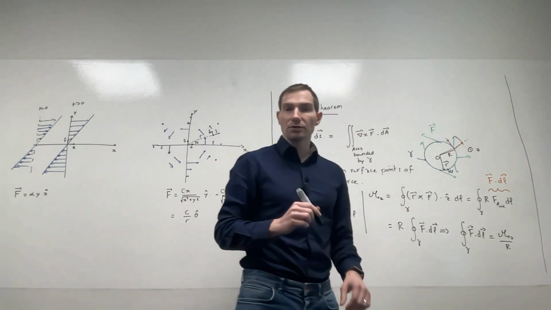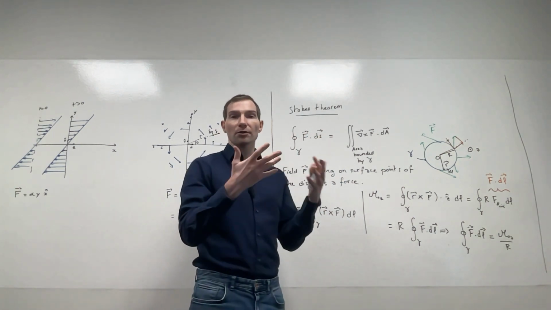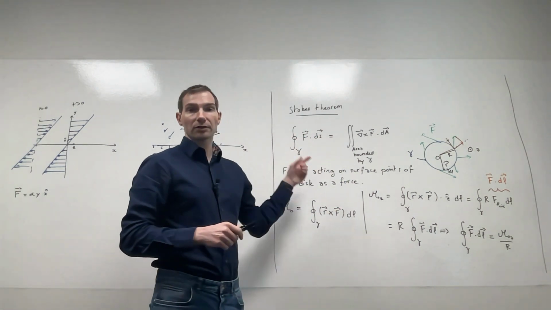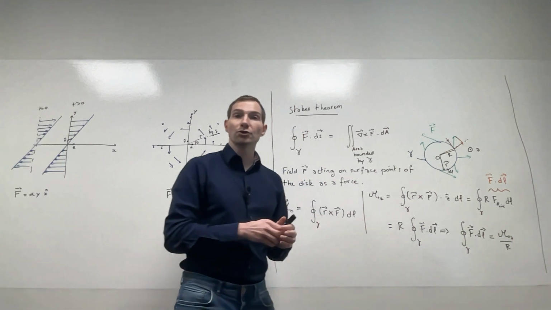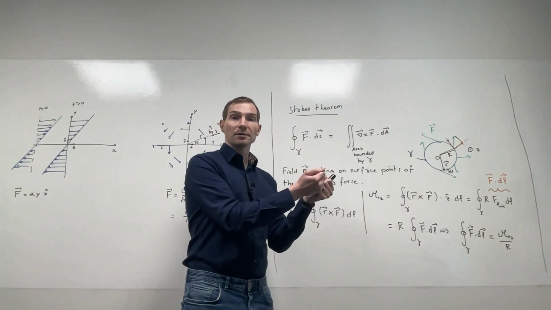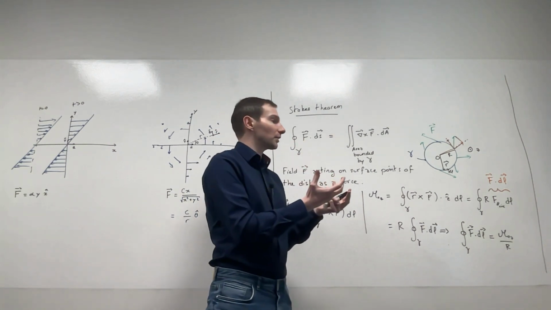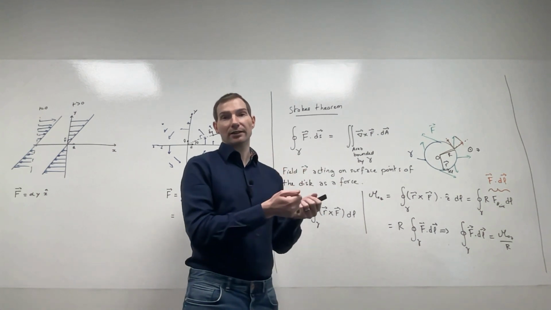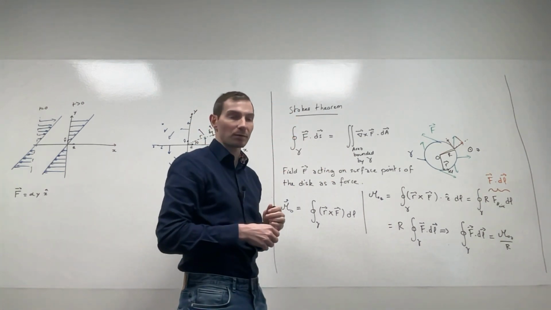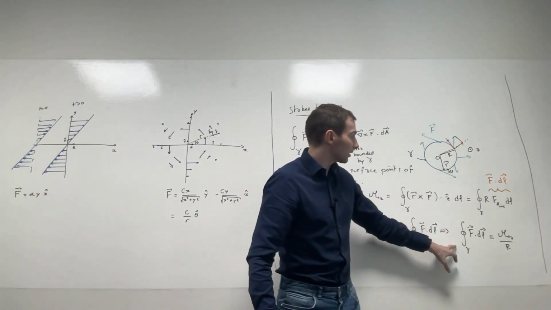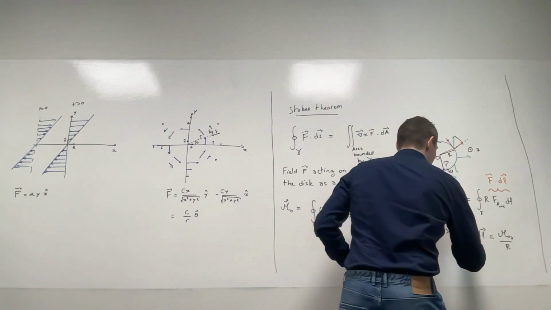So if you want to interpret what the circulation of a force or a field means along a particular circular curve, you can say that it is equal to the moment exerted by that field, divided by r. It makes the magnitude of that moment independent of the length scale, and that's what you want, because you want something that does not depend on how big your radius is. So that's the bottom line,